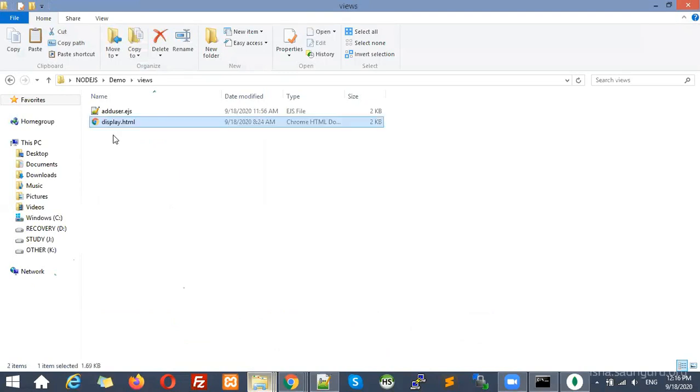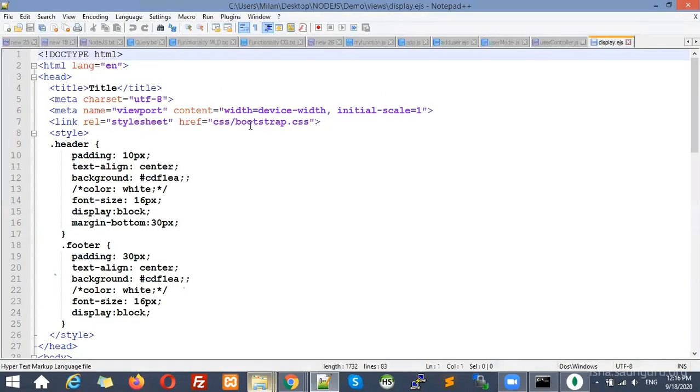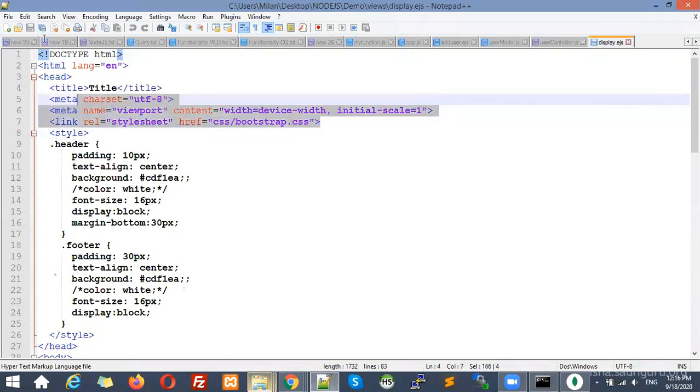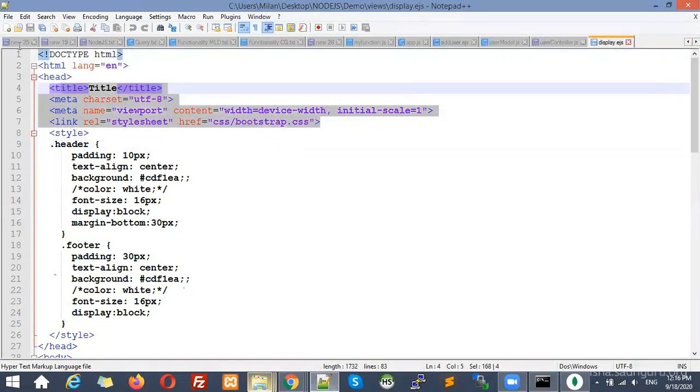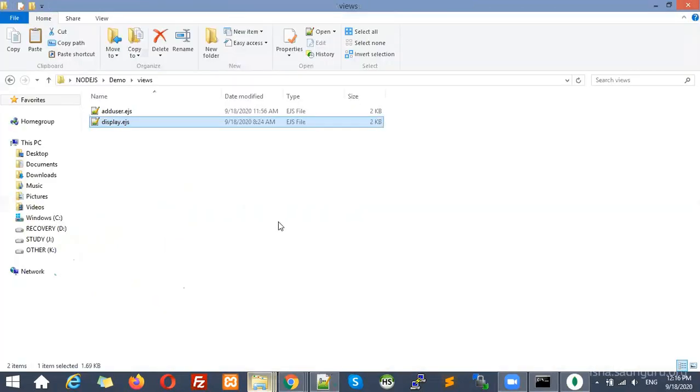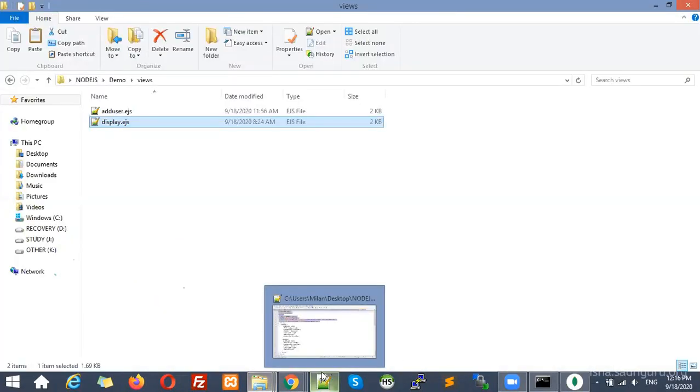And you know that we cannot use the HTML extension. Which library have we used? EJS. So that's why we have to rename it to EJS. And yes, this file is already available. You can also separate out the header and footer, that we are going to see later on if we are having time, how we can separate out the header and footer file.